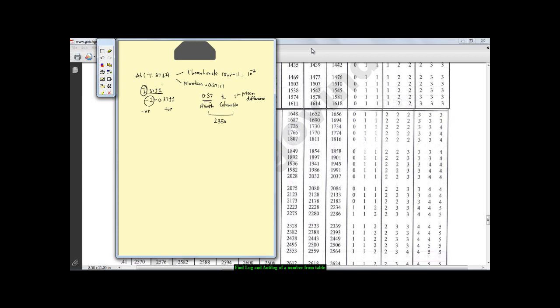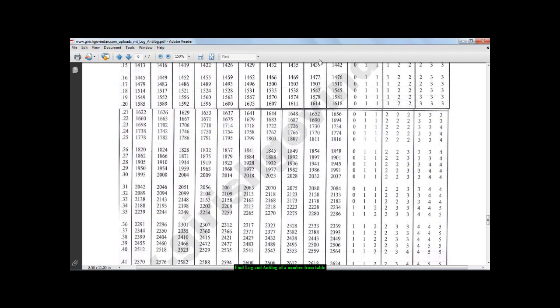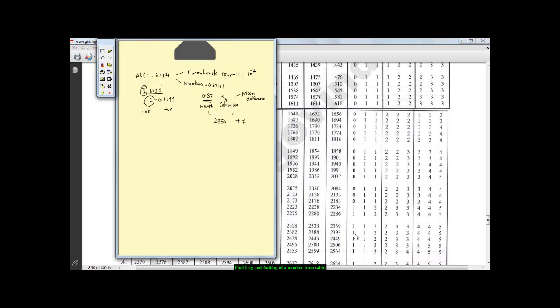Okay, this is the mean difference. So this value we get as 2350, right? 0.37 and column number 1, and the mean difference, we get is 1, plus 1,